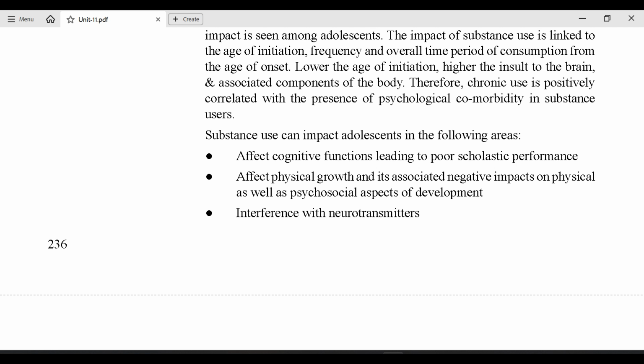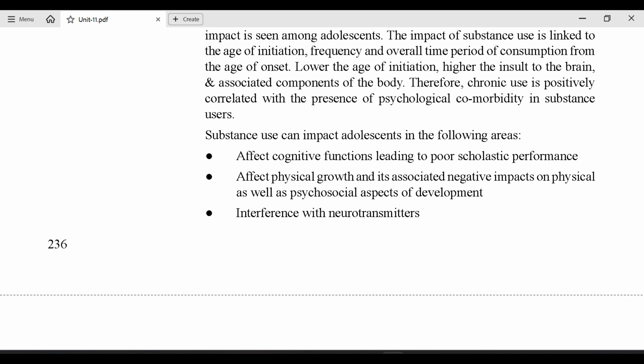the age of onset. Lower the age of initiation, higher the insult to the brain, and associated components of the body. Therefore, chronic use is positively correlated with the presence of psychological comorbidity in substance users. Substance use can impact adolescents in the following areas: affect cognitive functions leading to poor scholastic performance, affect physical growth